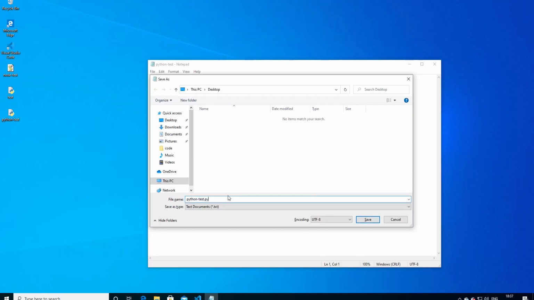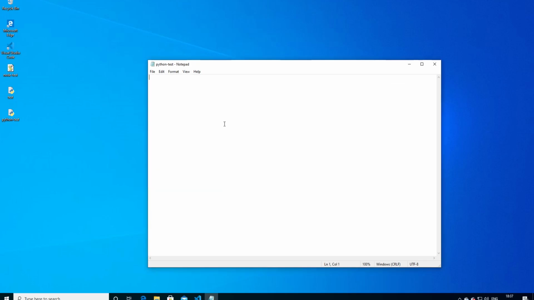You can create a file with the extension .py and it should automatically associate it with Python. As you can see, the Python logo has appeared here. Now here you can write your usual Python code and save it,